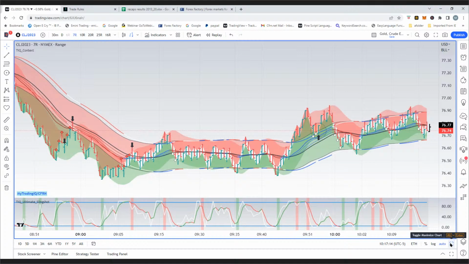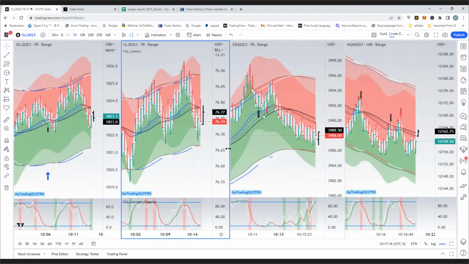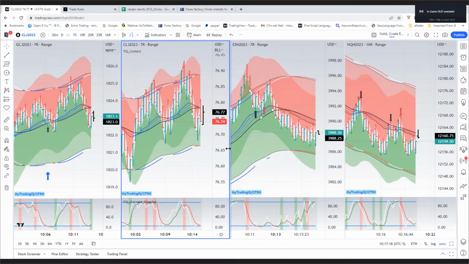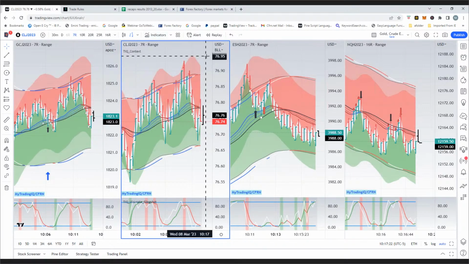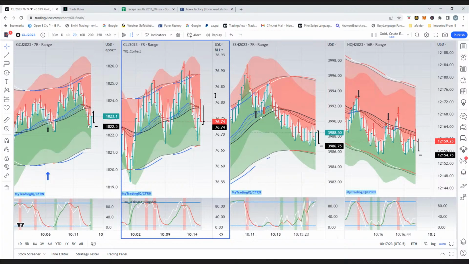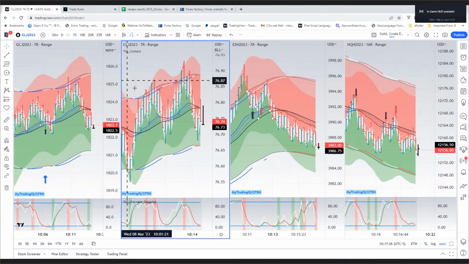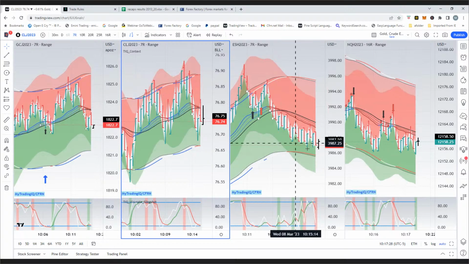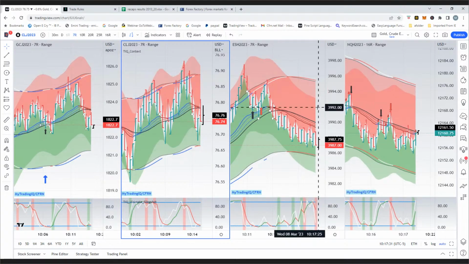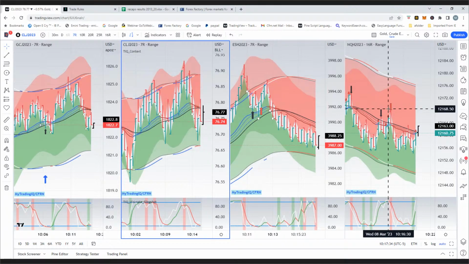Okay. Now, at the beginning of March is when I said I was going to take the training wheels off, meaning we were going to start taking more aggressive trades. That's when I started doing the slingshot trades. And that's when I introduced the ribbons and